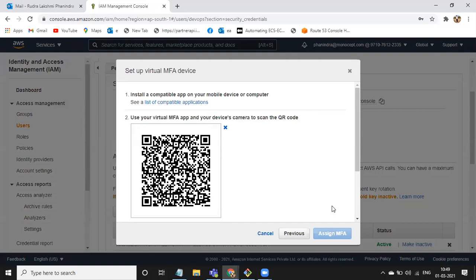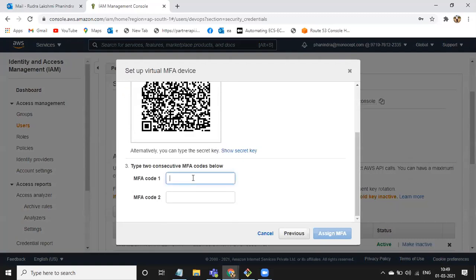So download the Google Authenticator app and scan this code like this. It will automatically ask you for the two codes which MFA will give you.